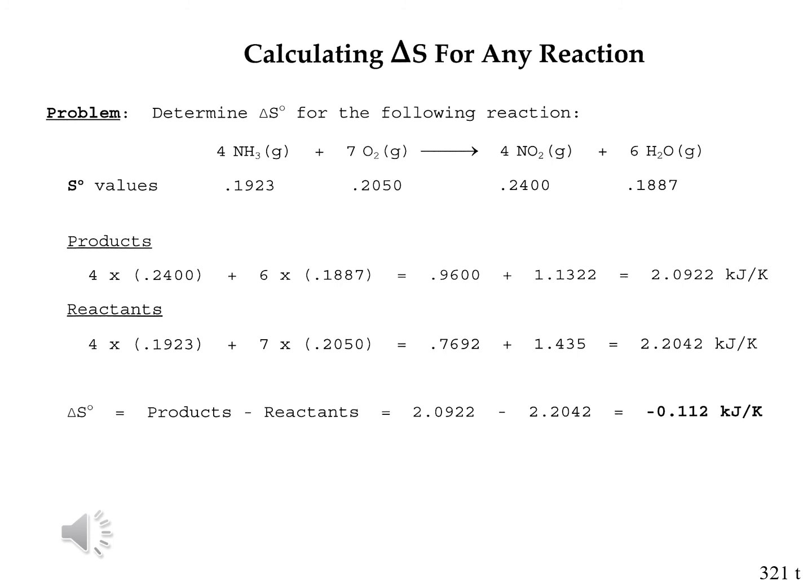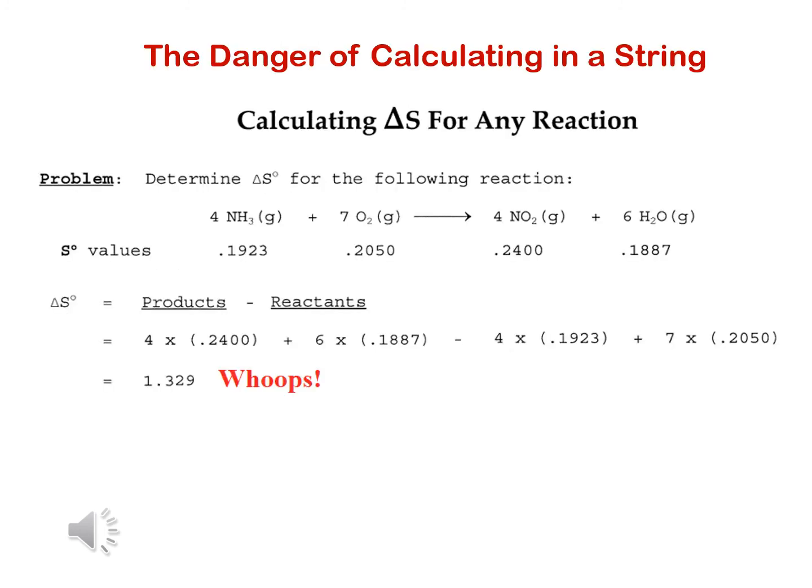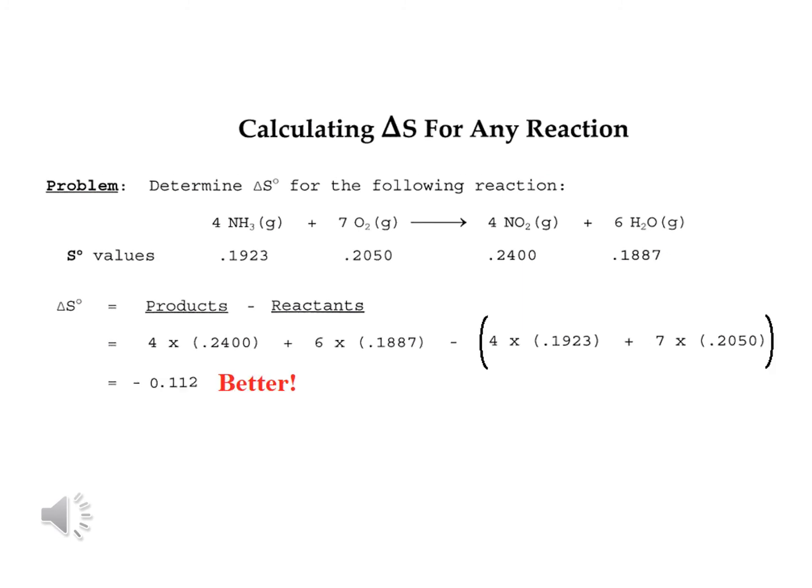Now, I always split the products and reactants, and there's a reason, because there's a danger in doing it all in one string. And students do that all the time. So let me show you what the danger is. If you try to do it in a complete string like this, people will subtract the first thing from the reactants and then add the second one. But that's not what it's supposed to be, and you'll get the completely wrong answer. But if you put the reactants in parentheses, now you're going to subtract both of them, and you get the